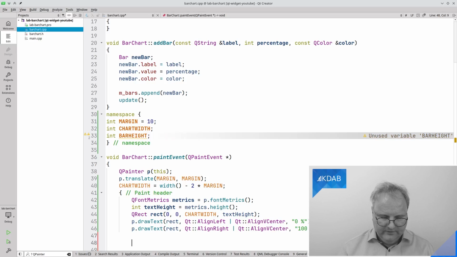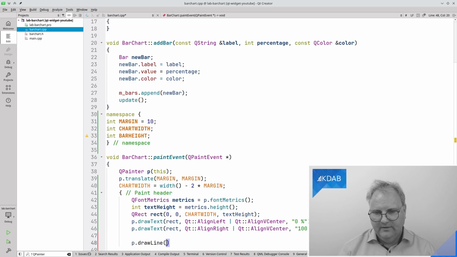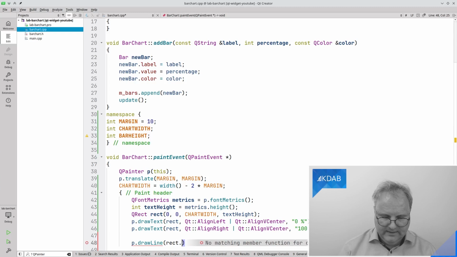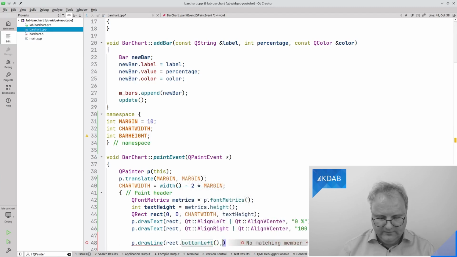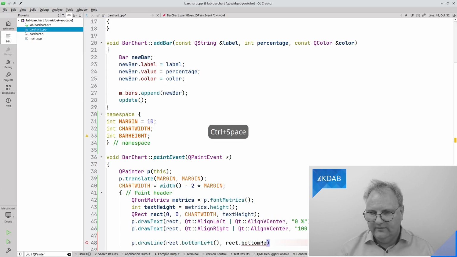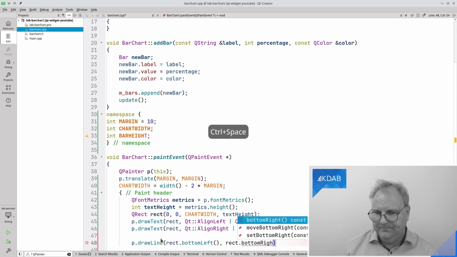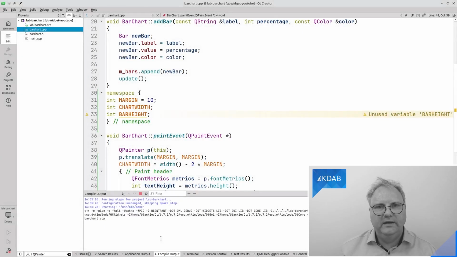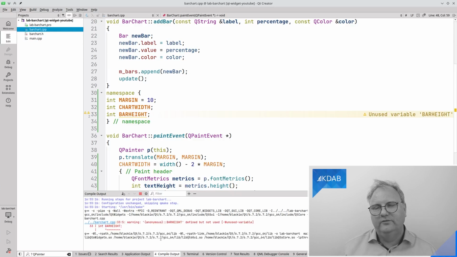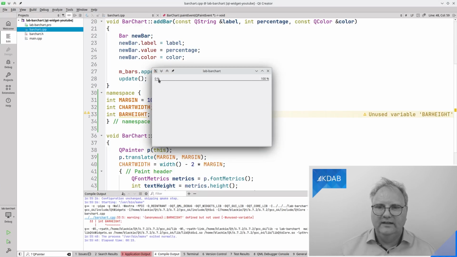So I can now simply say p dot drawLine from rect dot bottomLeft to rect dot bottomRight. I think I hinted at that in a previous episode, that it's worthwhile to go and look at these helper classes, because some of them actually can do some nifty little things for you. Me, on the other hand, I can't type, think, and speak at the same time, which is why you'll see these errors. But now my computer is compiling, and it takes a bit of time because my computer is also screen scraping while we're talking here. Oh, come on, I'm just trying to stall time. And there is your line underneath.